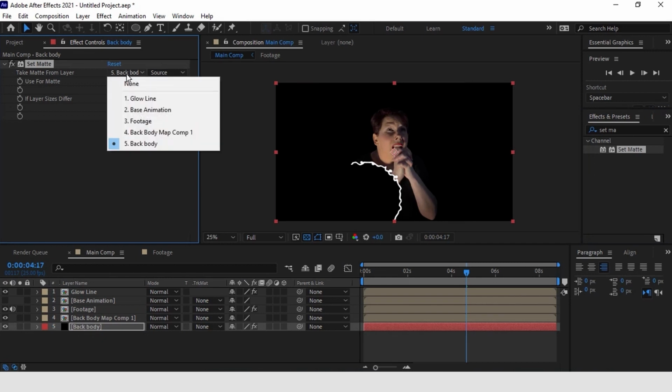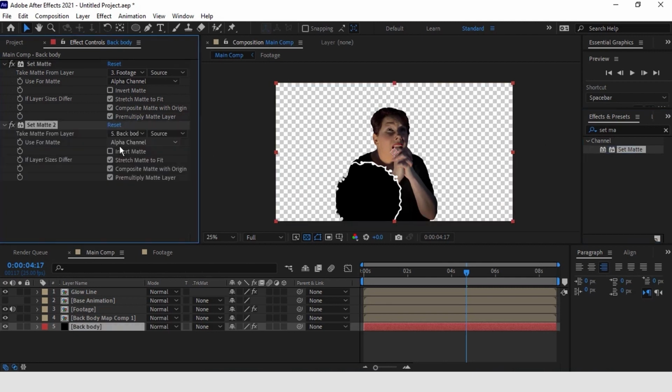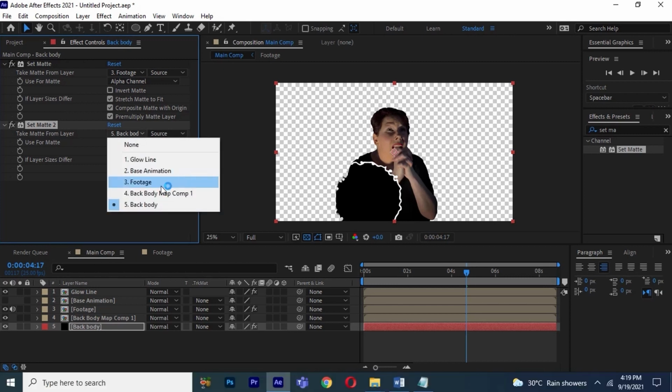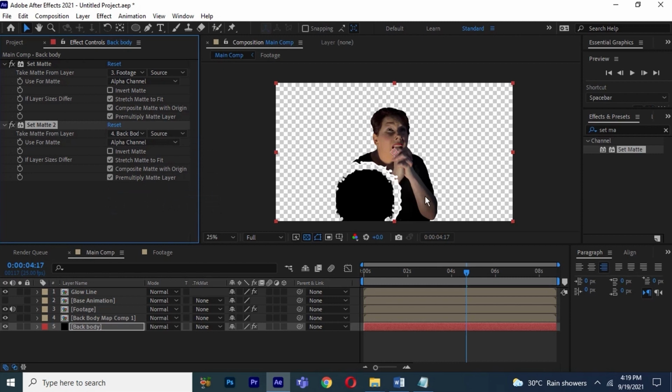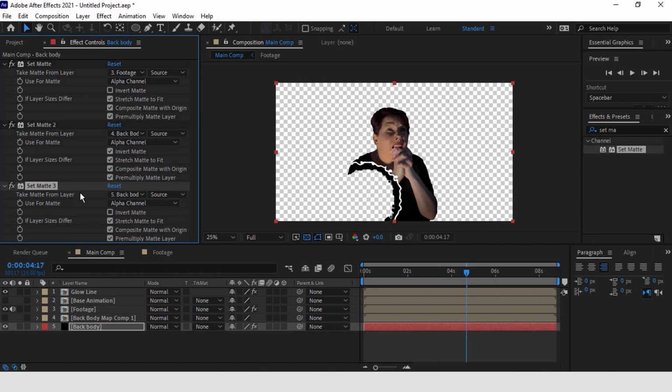Take the footage layer as the matte layer. Add another set matte effect, and in this one, take the back body map layer as the matte layer and invert the matte. Now add one more set matte effect and take the base animation layer as the matte layer.